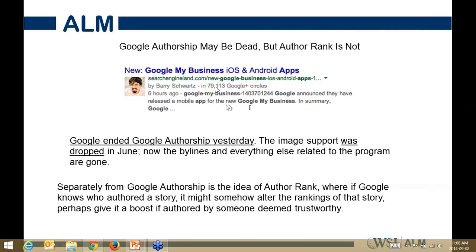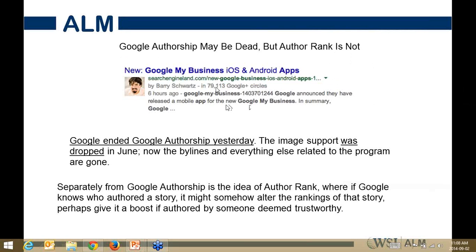Because the more popular you are, the more reliable you are, the more trustworthy you are as a source of information, the higher up Google's going to rank your listing. They don't want anonymous people showing up in their listings because they're not confident about the results. So Eric Schmidt addressed this whole topic in his book, and Google's definitely taken this concept on.